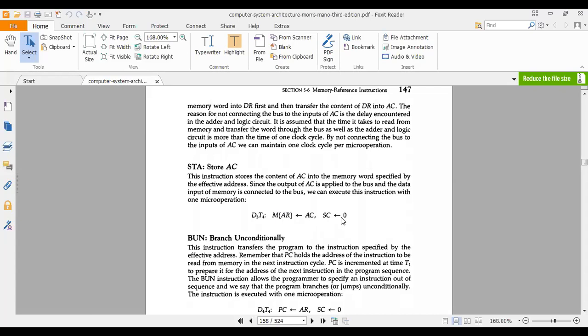Okay, this is the case. So storing is completed. So the AND operation, the load operation, that means load accumulator, store accumulator, okay, completed. Up to this, if you have any problem, tell me.